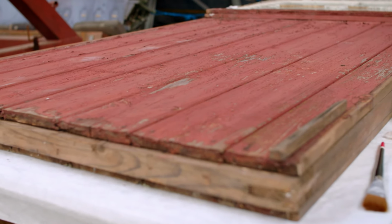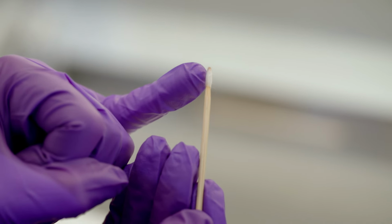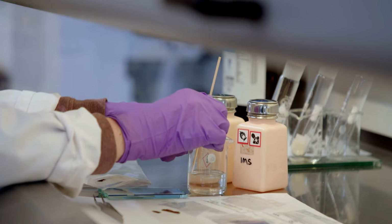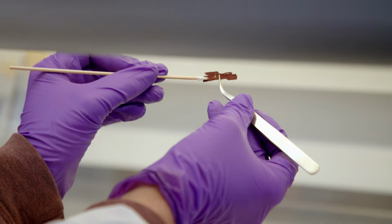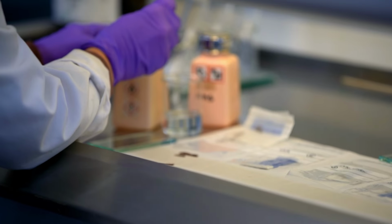You can see the red-brown on top of the cotton wool there. By testing to see how different solvents react with samples of the original paint, she's hoping to find a glue that won't risk damaging the panels. We don't want something that's just a quick fix that actually is going to start failing when the object's on display. That would be quite a big job to fix and to get the panels off display again. So we really want something that's for the long term now,